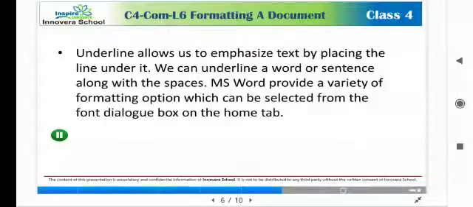So when you are using the underline option, once you click on underline, whatever text you are typing, along with the space, you have a line under that text. So it also emphasizes or attracts the reader. So this way, the underline option also you can use. So all these three options you can see on the Home tab.